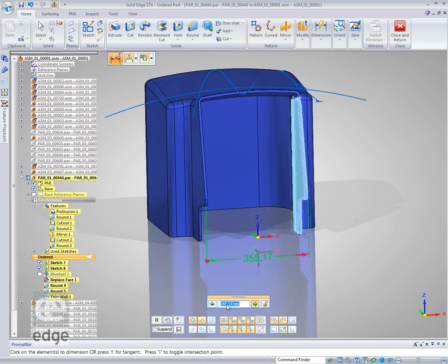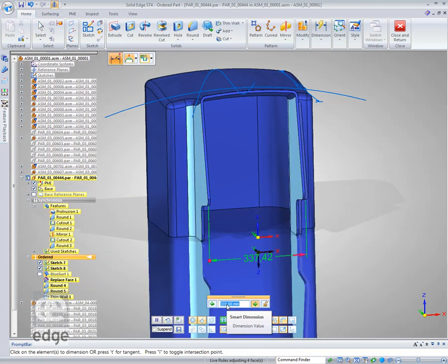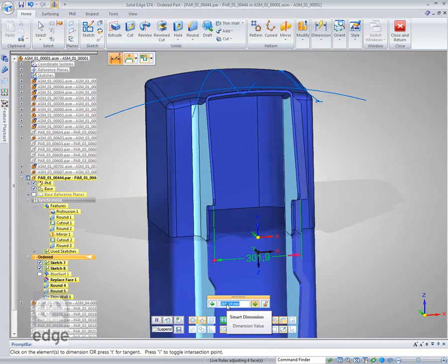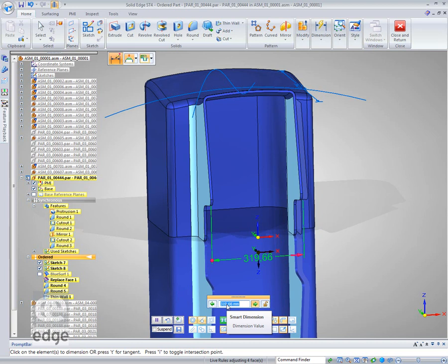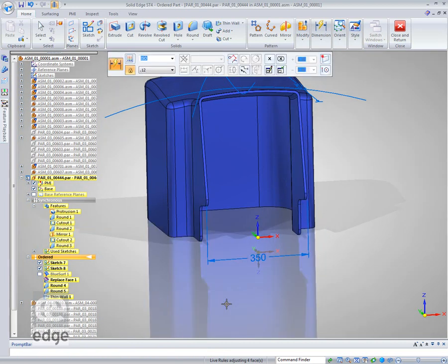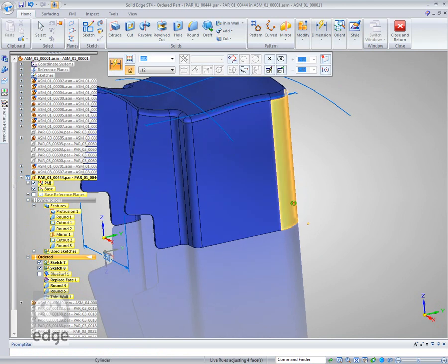And we need to modify that dimension, so you should be able to see that update on the screen. There we go. The webinar makes it a little slow. I want to make that 350. So you can see that